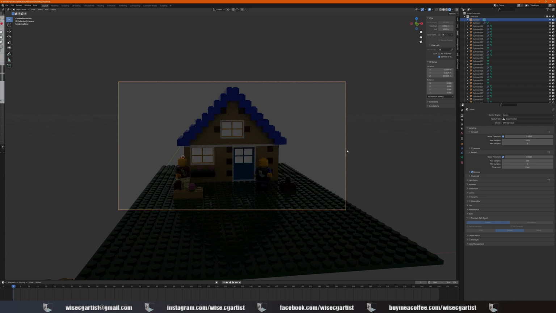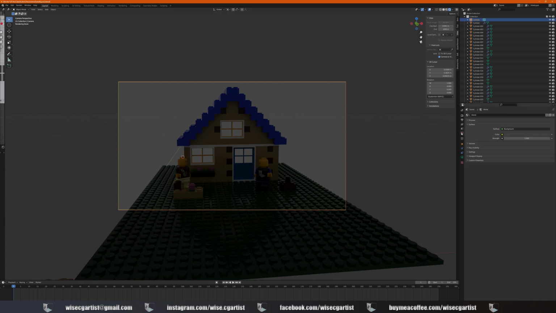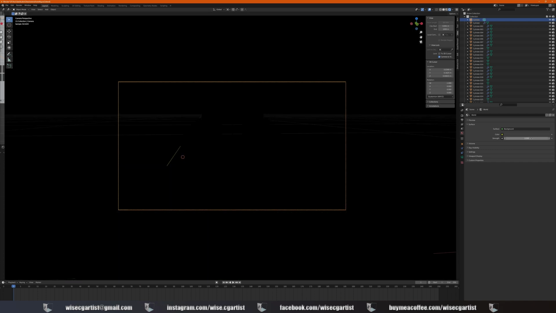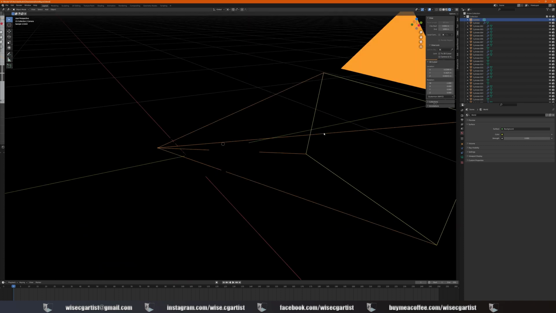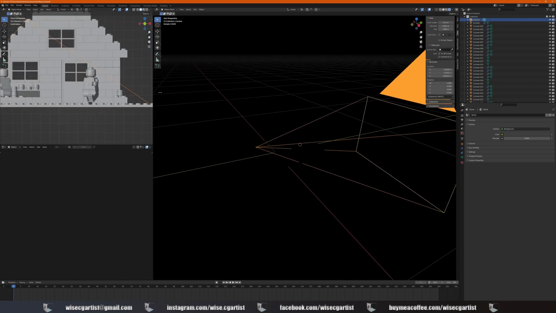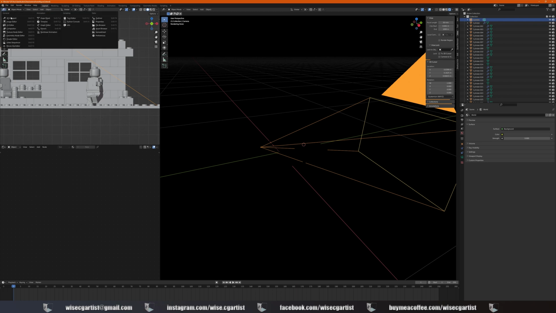Apparently we need some light because now we got a global gray light. If you go to world properties, you can see the color is gray. What I like to do is just remove all that light, so going down to 0, and uncheck Camera to View. Now when you move about, you're not gonna move your camera. If you would like to see what the camera sees, just bring that window back and